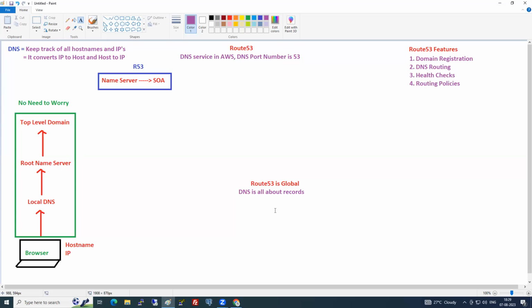Simple. So in Route 53, we create records only, the mappings. All these mappings will sit in one container. What is that container called? Hosted zone. So in Route 53, the first thing we should create is a hosted zone. And the name of the hosted zone should be your domain name.